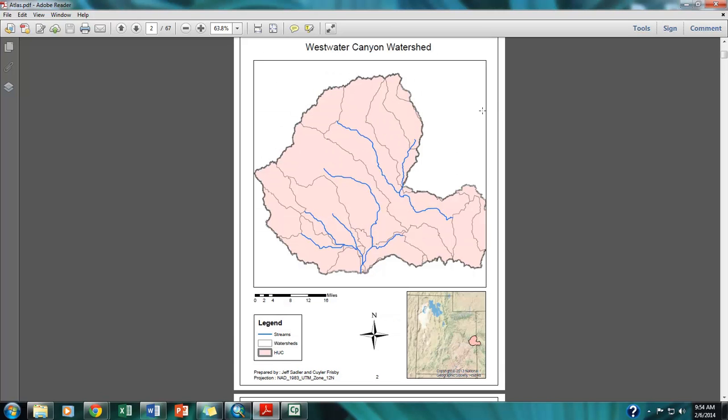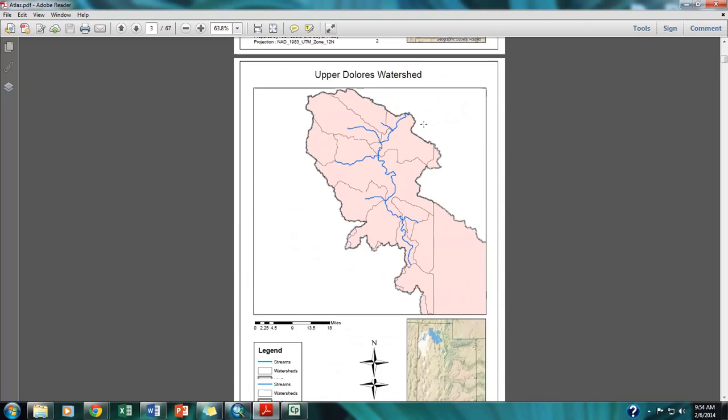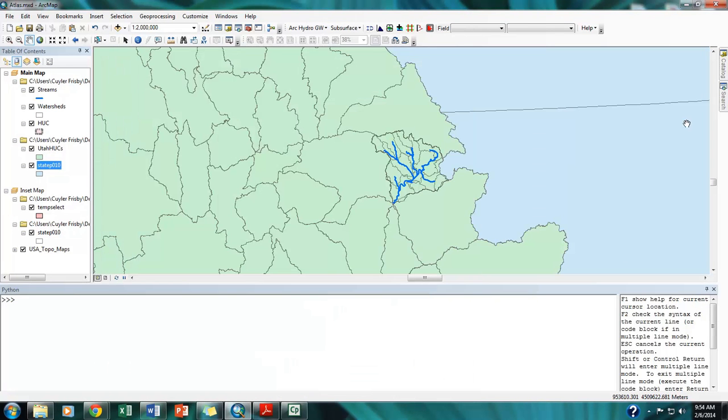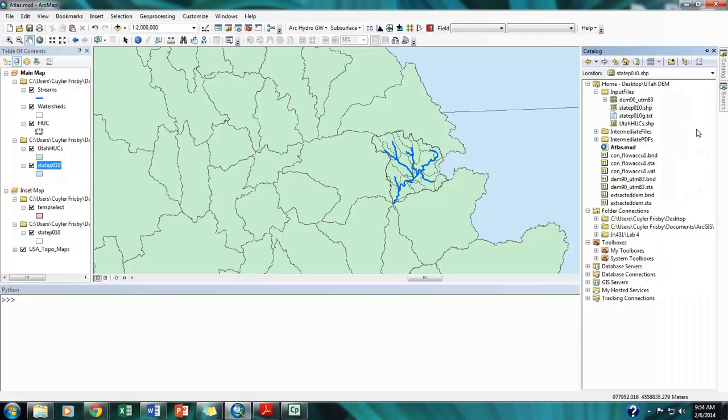So this was done for each of the main watersheds in the state of Utah. Now I'm going to show you how our tool works. If you scroll to it in the toolbox, select it,